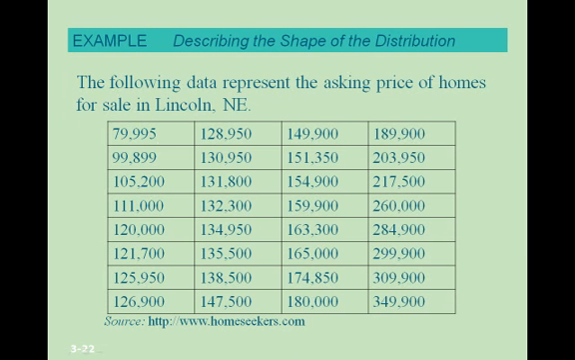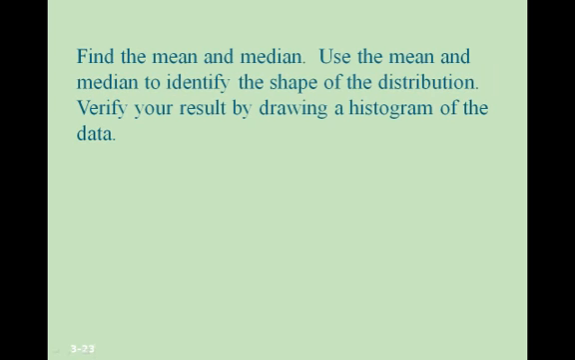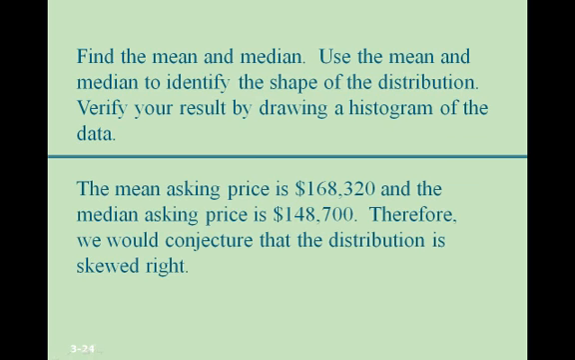So let's look at another example describing the shape of the distribution. The following data represent the asking price of homes for sale in Lincoln, Nebraska. We want to find the mean and median and use those values to identify the shape of the distribution. Verify your result by drawing a histogram of the data. So you can compute those values any way you like. We can put them in the calculator or do them by hand, but we get that the mean asking price is $168,320 and the median asking price is